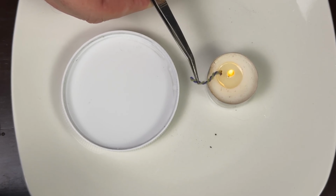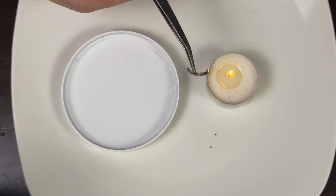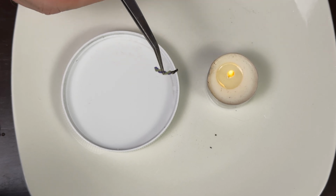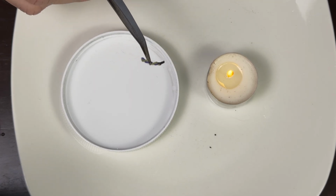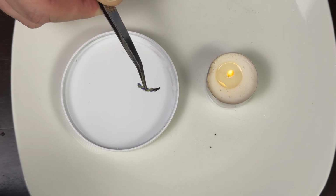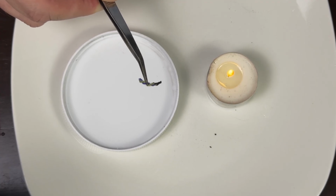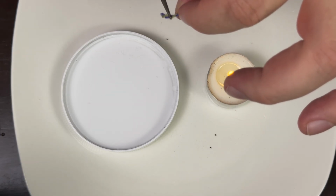It's definitely shrinking away a little bit. It's burning pretty rapidly. The smoke is not thick and black. It definitely has a smell of burning here, but there's something chemical in there as well. So I'm fairly certain that this is a blend with wool. And I'm going to touch the...